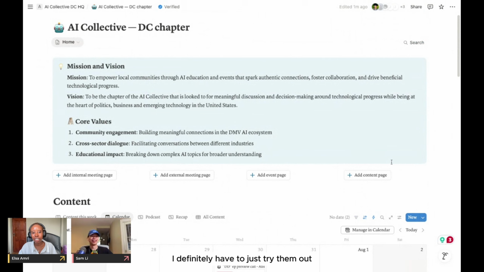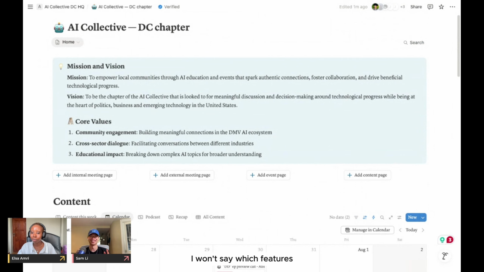Totally. Yeah, I definitely have to just try them out. That's a big part of it. I think also something that I've learned with Notion just broadly is that not every feature is for you, and that's okay. It's super cool that we have so many different features, but I think the reason that I kept using Notion after initially stopping for a little bit is because I just accepted that there are some aspects of Notion that I'll peek my head into and be like, I'm good, this is cool, but not for me, and then just never think about it again.